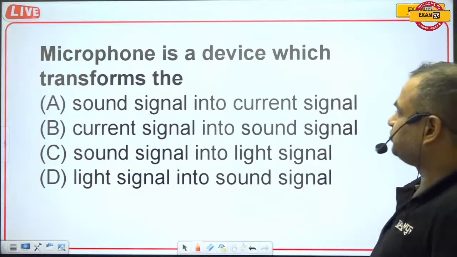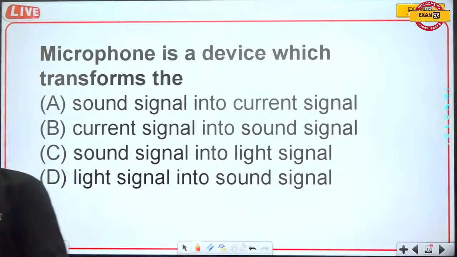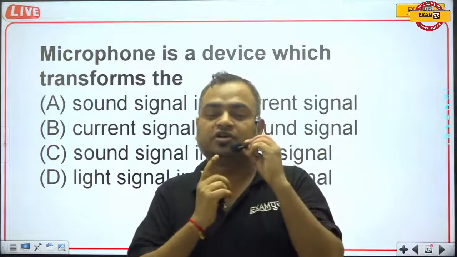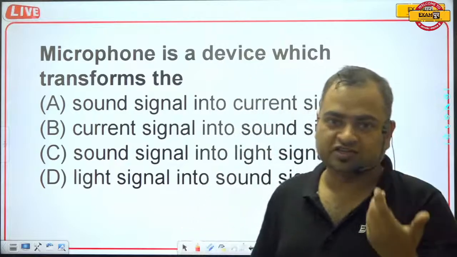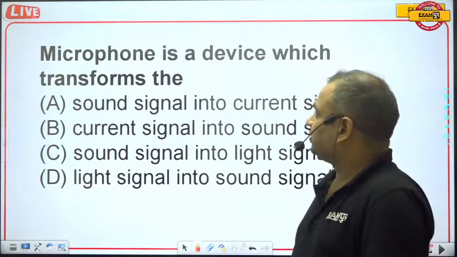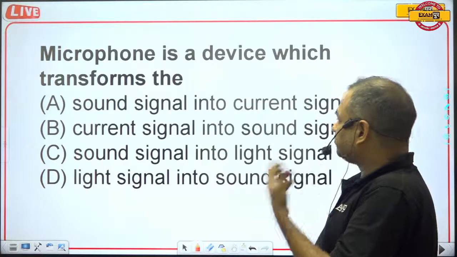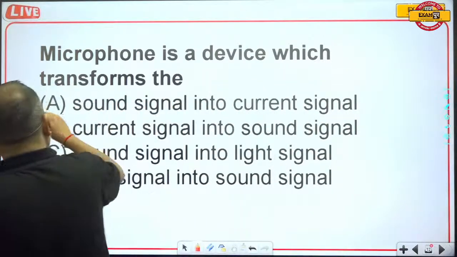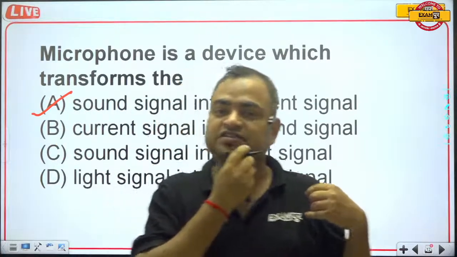Okay, so a microphone is a device which transforms sound. Whenever we talk about the microphone, please tell me, what is a microphone? I am just teaching here by using this device, and this device is known as the microphone. In short form, we call it just mic, MIC, but the full name of this device is microphone. A microphone is a device that transforms the sound signal into the current signal. Okay, sound signal into the current signal, and this is the correct answer, because here when I speak, this microphone